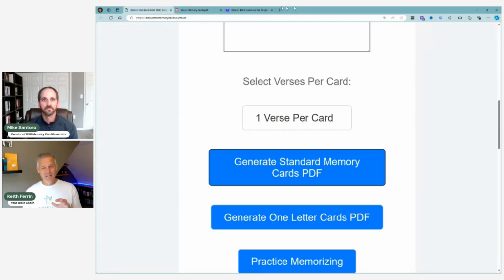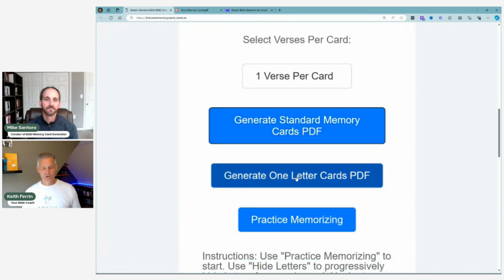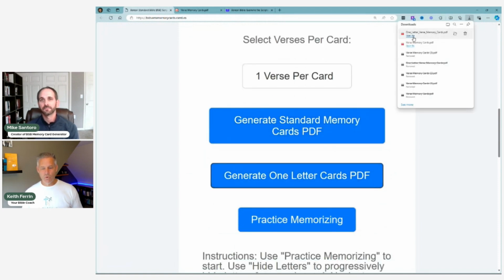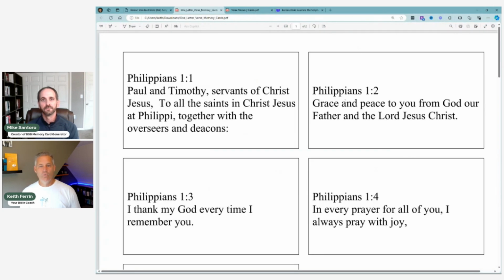But then you've built in kind of a cool thing here, which is you can also create these one-letter cards, which the one-letter cards will